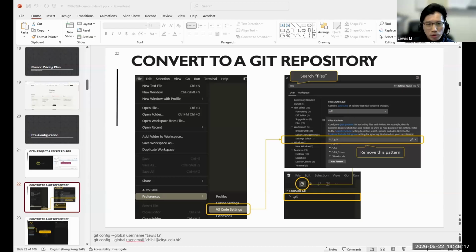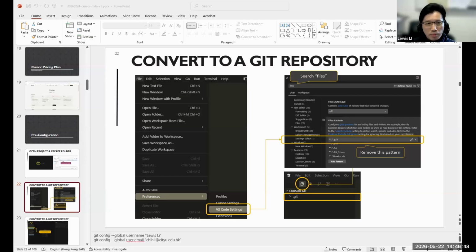We start with opening a project, which means you select a place where you want the project folder to be located. For example, I would like to create a new folder here, called cursor demo. It is an empty folder that I create here, and I select it as my working folder, and then select this one to start.